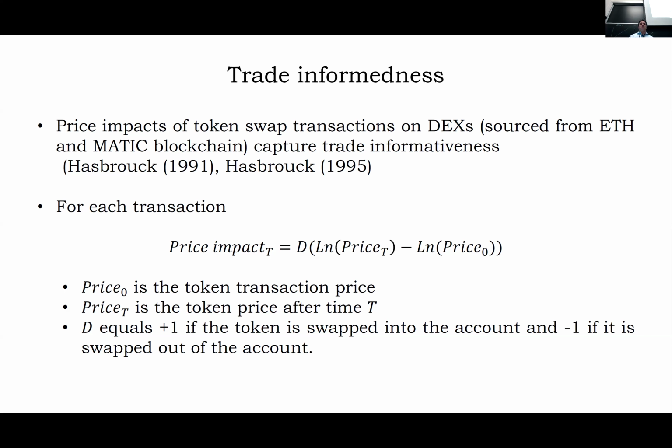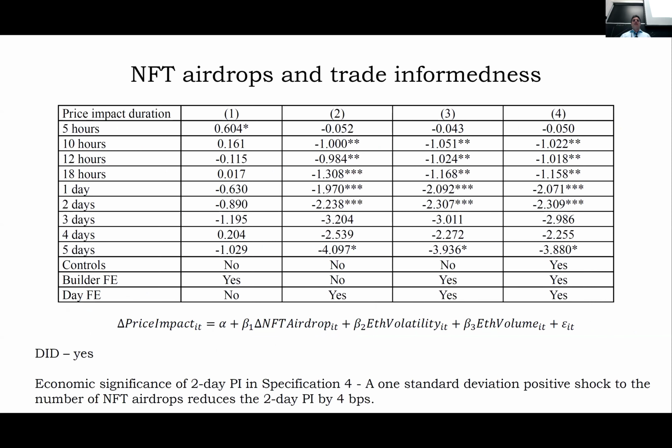And then, of course, D will be equal to 1 or 0, depending on whether you are trading in or trading out the token, so if you are increasing or decreasing. And this is basically how the graph looks. You see that if you look at the interval of 5 hours, 10 hours, this could be due perhaps to just noise trading. But if you look at a larger period, up to 5 days, we see,